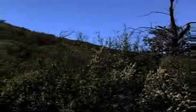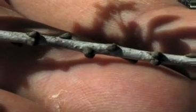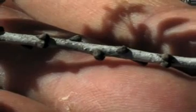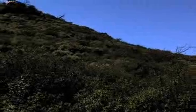We're standing in right now is a chaparral stand called a ceanothus chaparral type. And what I have here and behind is Ceanothus verrucosus, otherwise known as warty stem ceanothus, which is named for the little bumps on the stems. And what's really interesting about this stand is it's 10 years old, and every ceanothus shrub here is exactly the